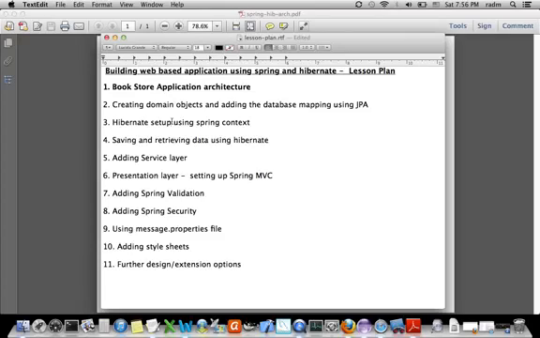Part 2 will cover creating the model or the domain objects that represent your business data, or the data that's part of the application, and then adding mapping between the domain objects and the underlying database using Java Persistence API annotations. In lesson 3 we will go about setting up Hibernate using